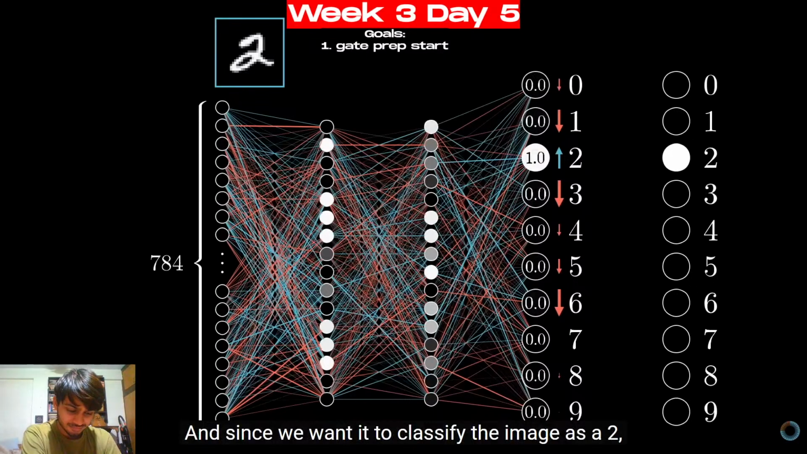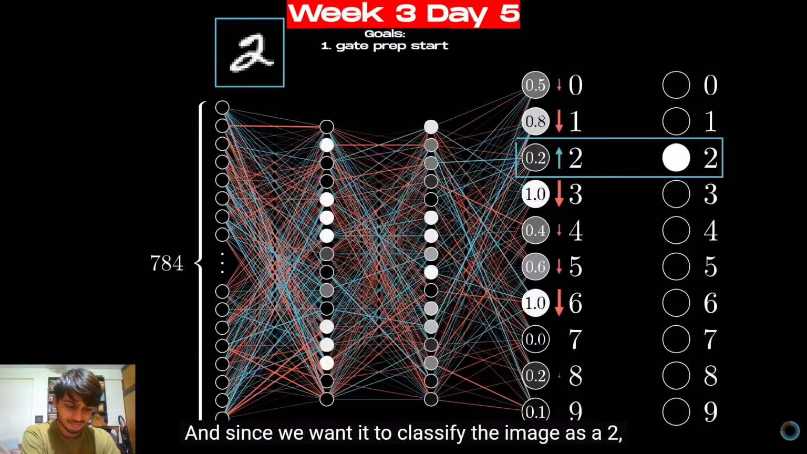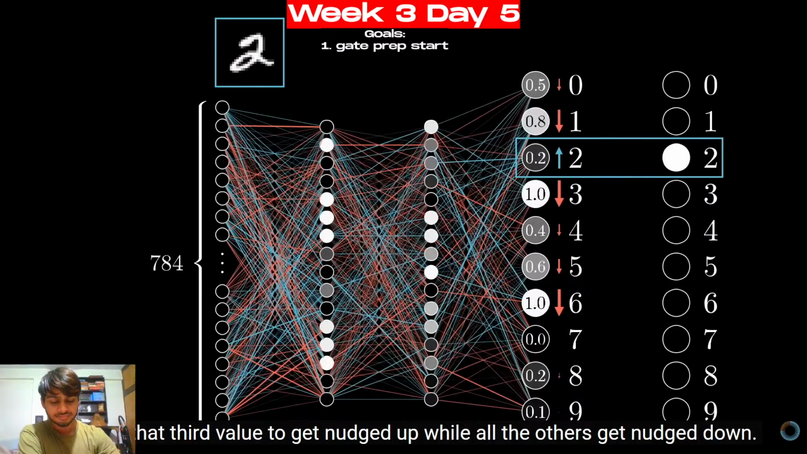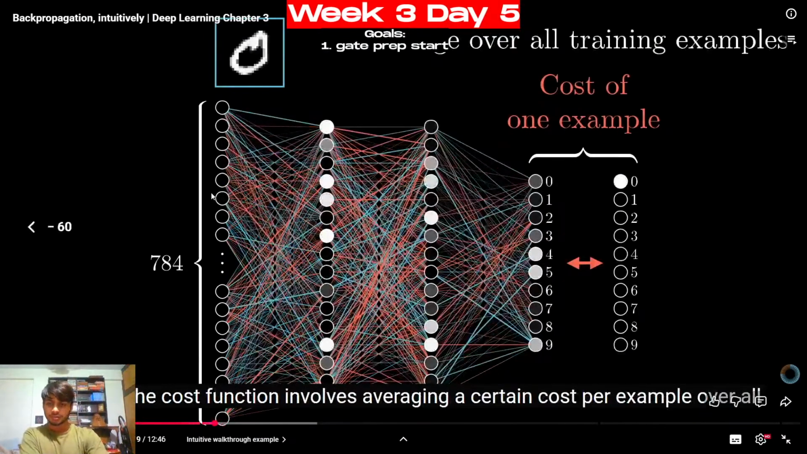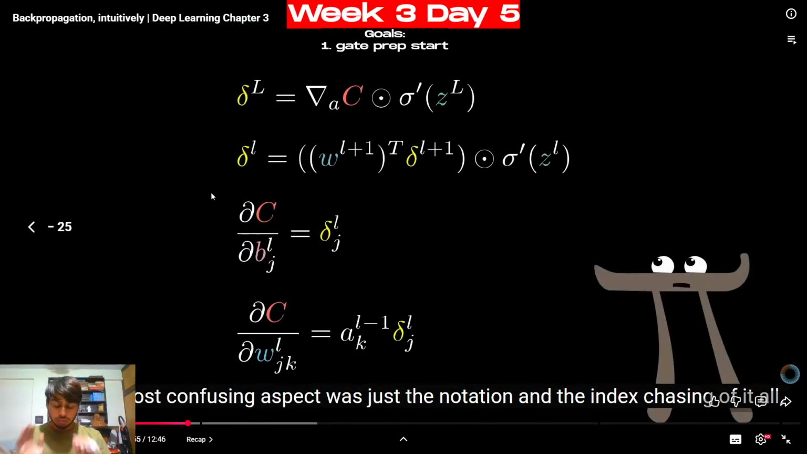And since we want it to classify the image as a 2, we want that third value to get nudged up,